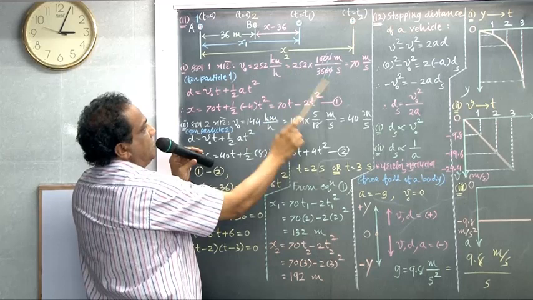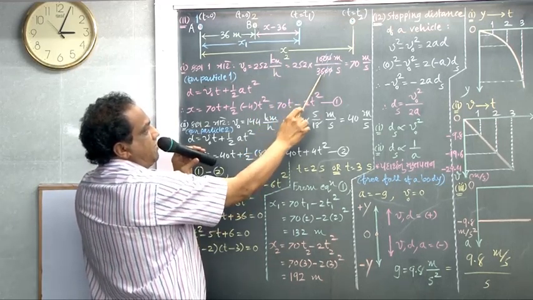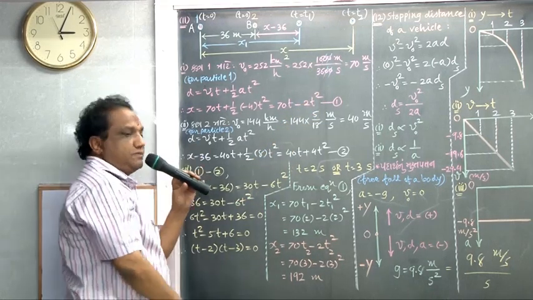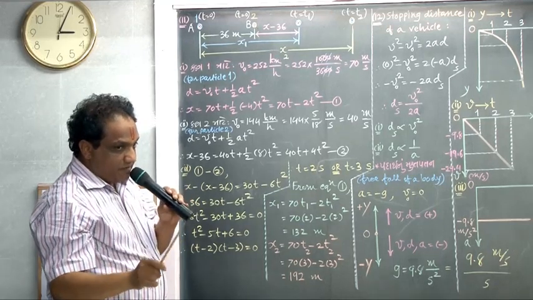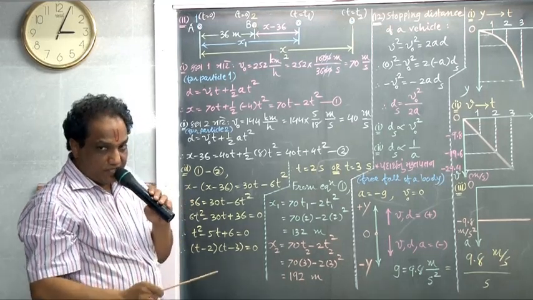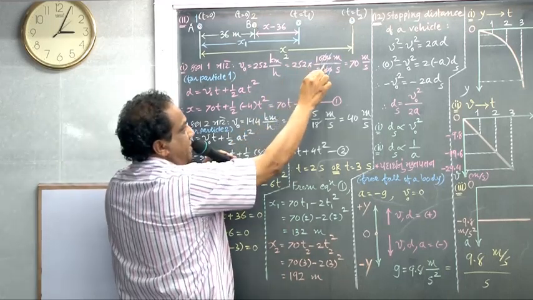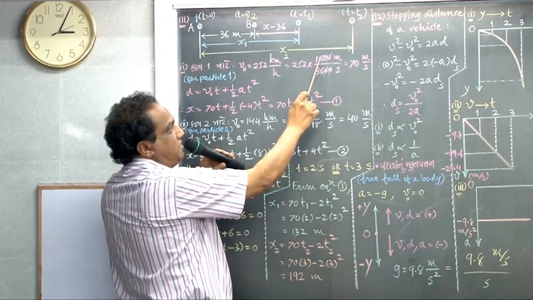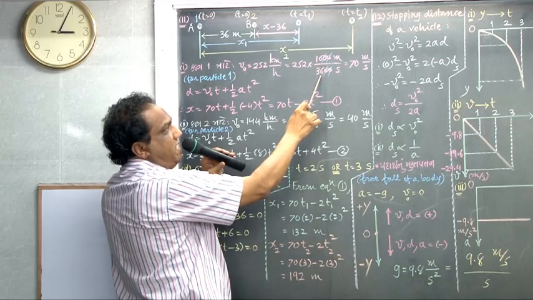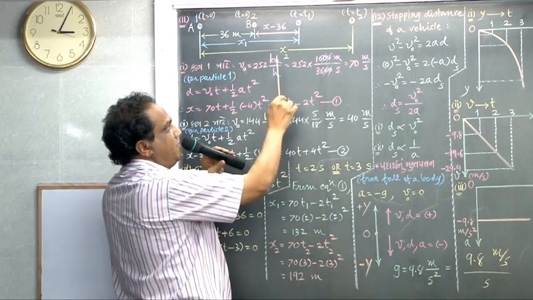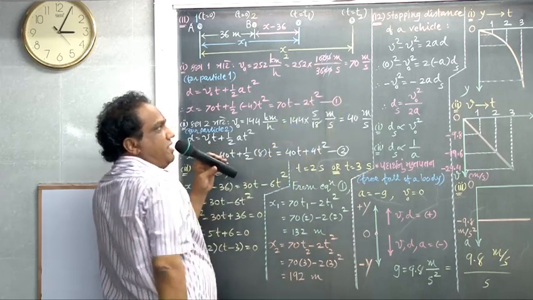252 as it is. 1 kilometer is 1000 meter and 1 hour is, remember, 3600 seconds. 1 hour is 60 minutes, each minute is 60 seconds, 60 into 60, that is 3600 seconds. Simple. Now 2 zeros will be getting cancelled. 2 fives are, 2 18s are. So multiply by 5 divided by 18. You must convert kilometer per hour into meter per second by multiplying with 5 and dividing by 18.